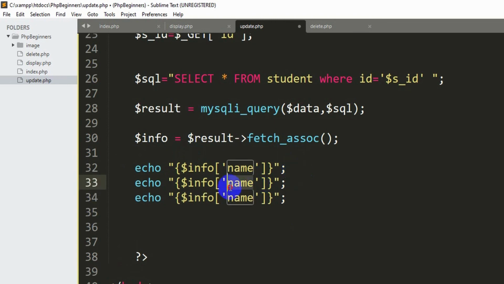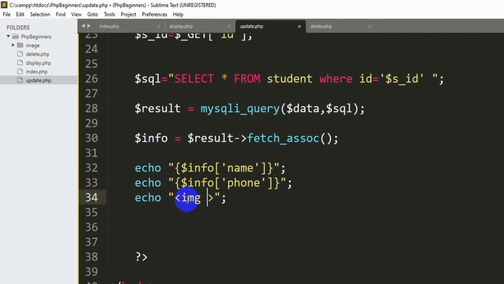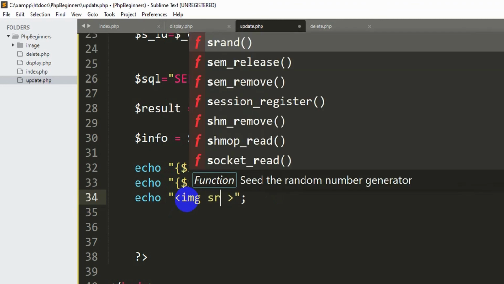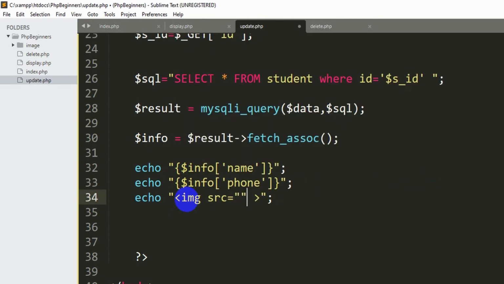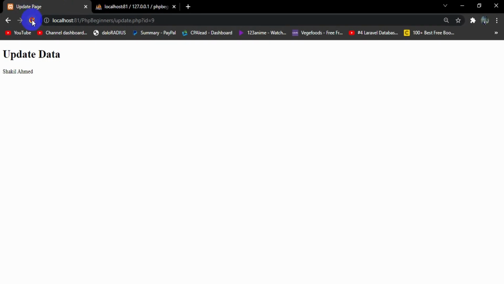Let's also print the phone number as well and the image as well. We'll say over here phone, and for image we need to write it a little bit differently. Here we need to use the image tag for image. So inside this image tag we are going to say source is equal to, we need to give two single quotation. If you give double quotation it will give us an error. So let me just copy this line, Ctrl C and Ctrl V, and instead of phone we are going to say image. So if you now save it, Ctrl S, and refresh over here,